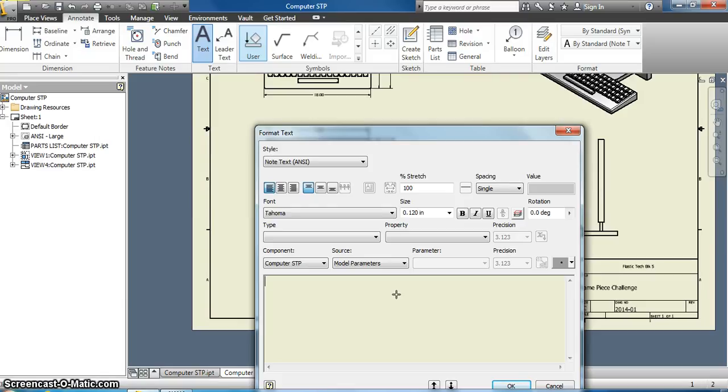So what I'm going to do is type in game piece, and I'm going to highlight that, underline that, and change the size in here so we can change that a little bit. And what I'm going to do here then is put printed scale is